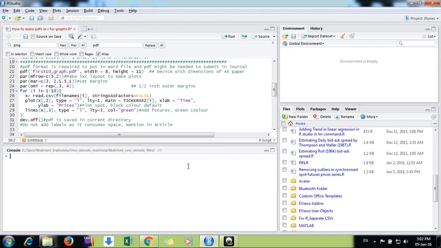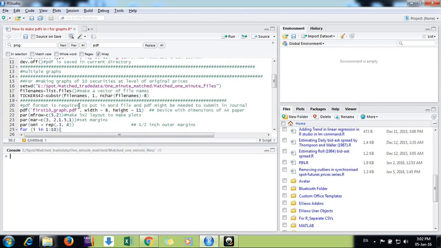Friends, my name is Sarveshwar, and today we'll discuss how to make a PDF file that consists of, suppose, 10 or 20 firms' graphs in itself. Okay, simply I'll take an example. First of all, I need to make